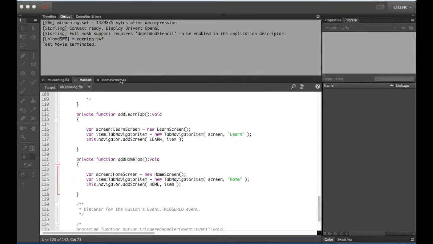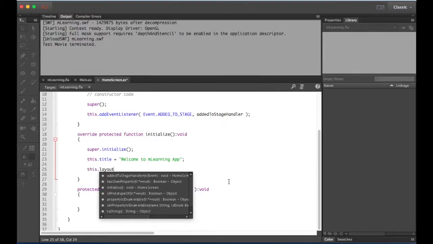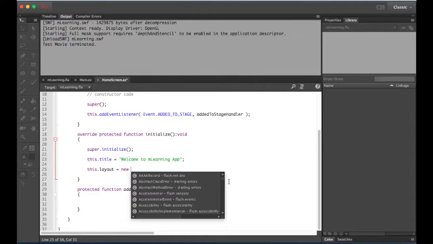So, the next stage is to add some scrolling text. So let's have a look and see how we can do that. So on our home screen, I'm going to create a new type of variable that comes with Feathers to enable us to visually lay out the way our screen content is going to look. So to begin with, inside our initialize function, I'm going to assign the layout of this class to be equal to a new anchor